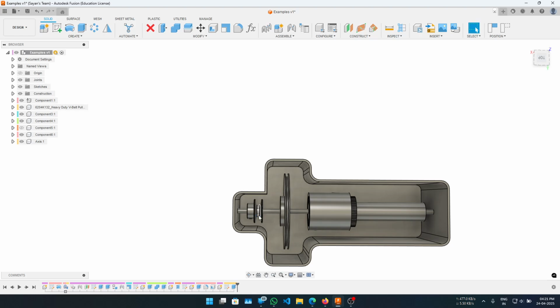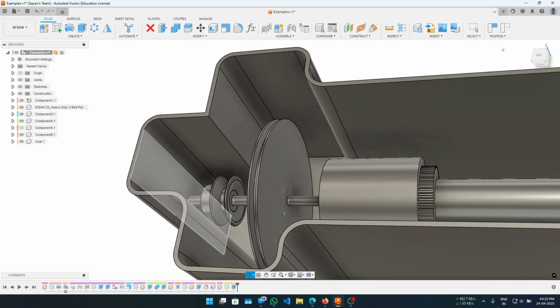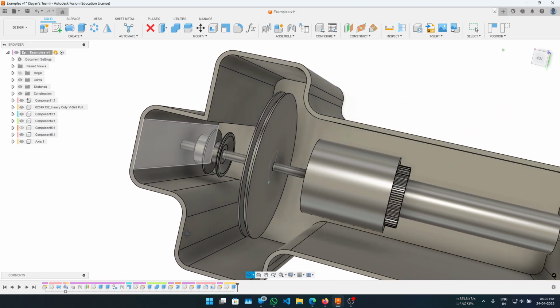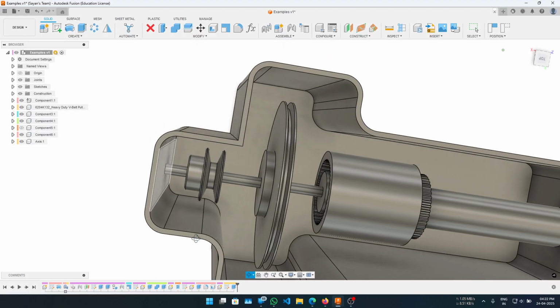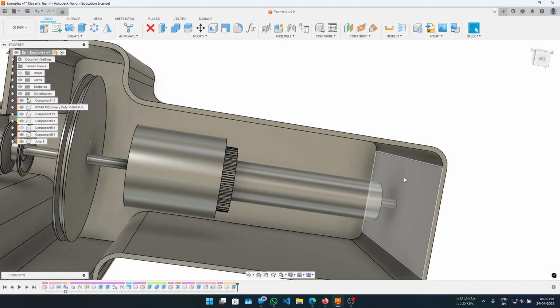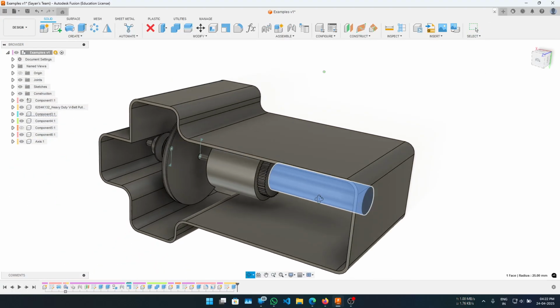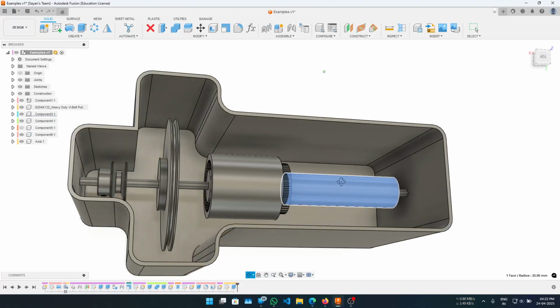Now, right now, because of our thing, what do we need to do? We actually did not draw it. This is supposed to be the shaft. So